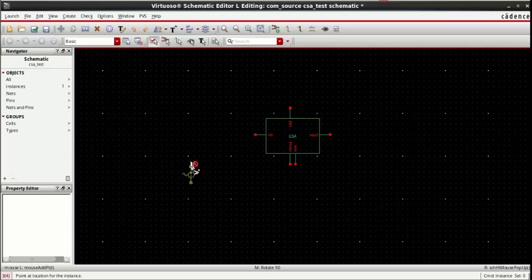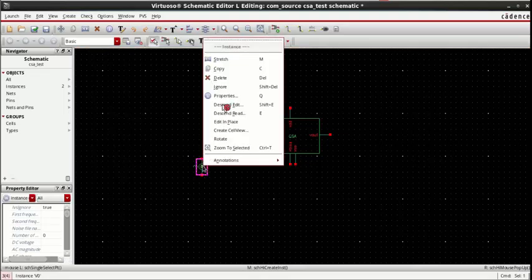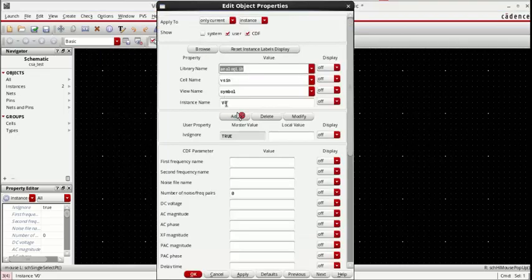While selecting we can change the values, or after selecting also. Suppose I escape this and click it. After selecting, I can right click, properties, and the same form will open. Here I can change the values, like what values I want for the sine wave. I want AC magnitude to be 1 volt, no need to write V, it's automatic. DC voltage I want 0. Offset voltage also I want 0.